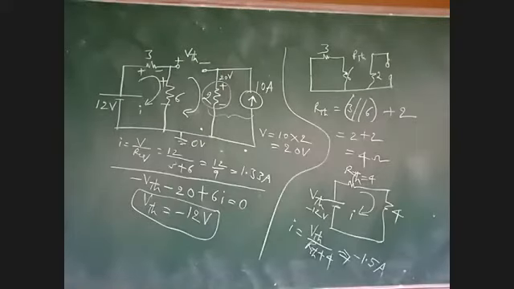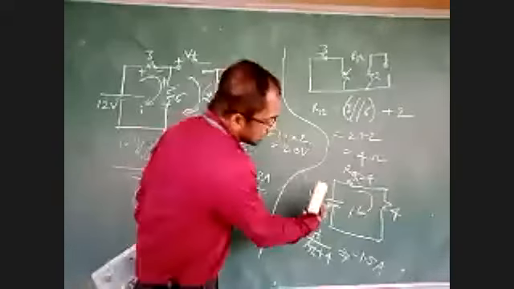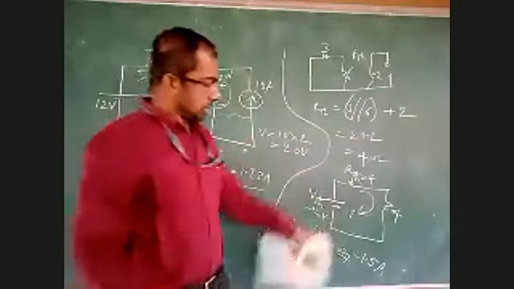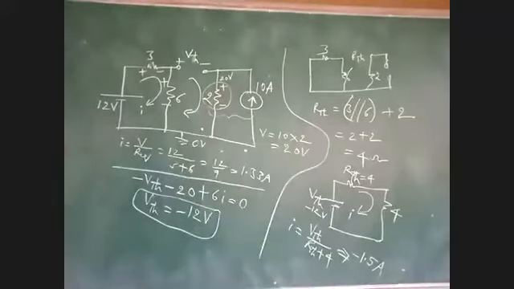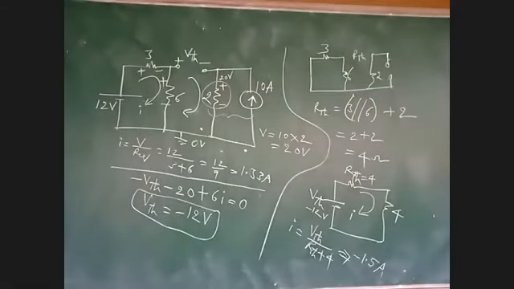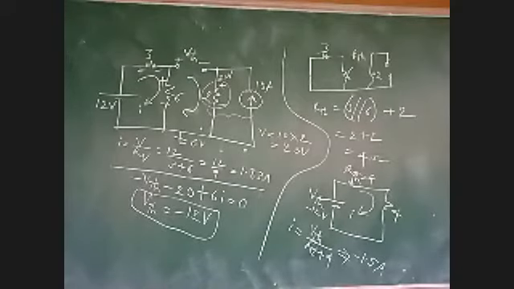Otherwise, you can take it like this. These signs can be interchanged. Instead of current flowing in this direction, current can flow in the reverse direction. Only the direction will change for the current. The assumed direction is not wrong. Our current will flow in the reverse direction in the circuit.